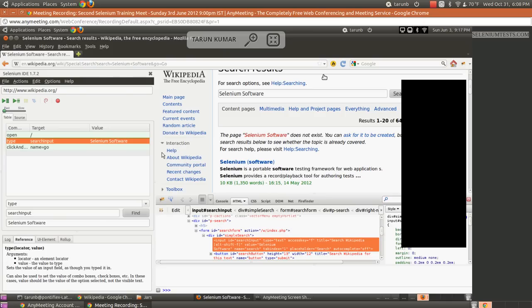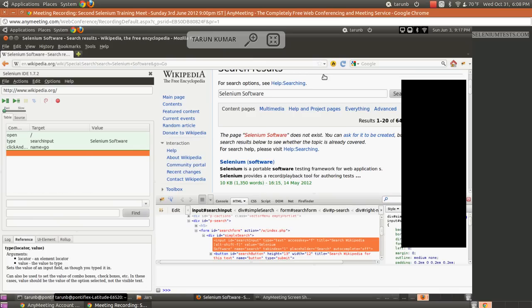Okay, great. So this is a short introduction about Selenium IDE. I'm not going to get into more about Selenium IDE at this point. If you guys really want, then you can just record and replay some tests and see how it works. There's nothing more than this. So let us begin with Selenium 2, which is also known as WebDriver.